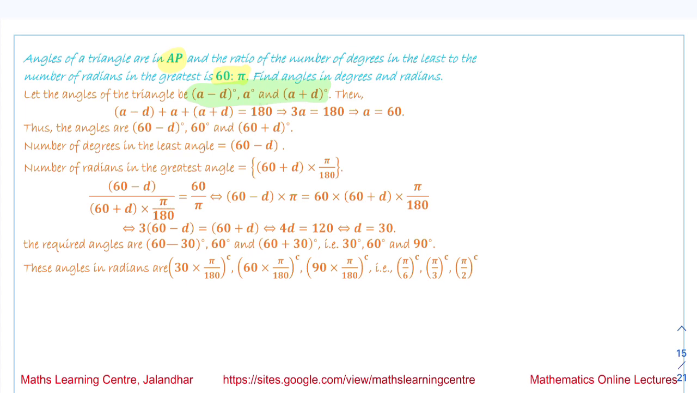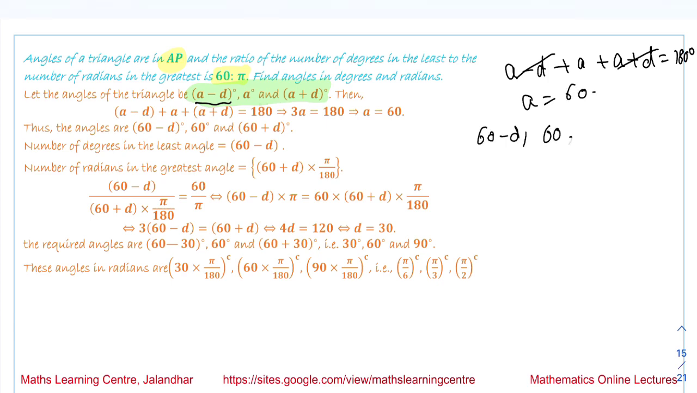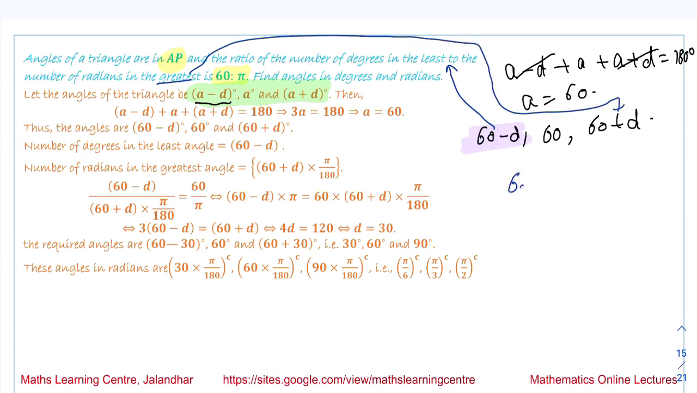So first, A minus D plus A plus A plus D is equal to 180 degree. So this D gets cancelled and we get the value of A equal to 60 degree. So the angles we have are 60 minus D, 60 and 60 plus D. The least of these values is 60 minus D. This is the least value, and the greatest of all these values is 60 plus D. So the ratio of these two values,